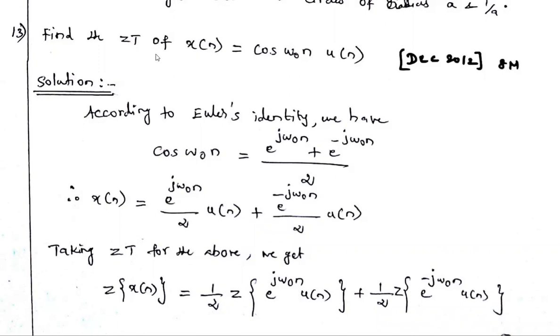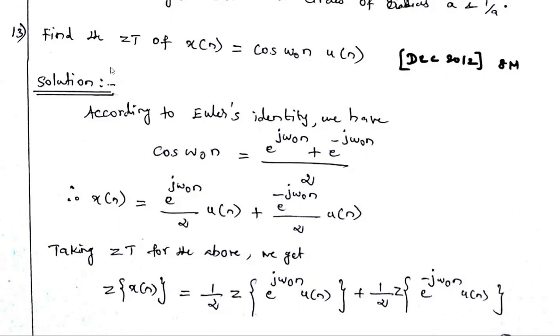Okay, so in the previous video, we solved the different standard signals. We solved the Z transform problem: that is unit step sequence u of n, unit impulse delta of n, then ramp signal r of n, then exponential signal a power n u of n, then left-sided exponential signal a power n u of minus n minus 1. Then three different types of double-sided exponential signal we solved.